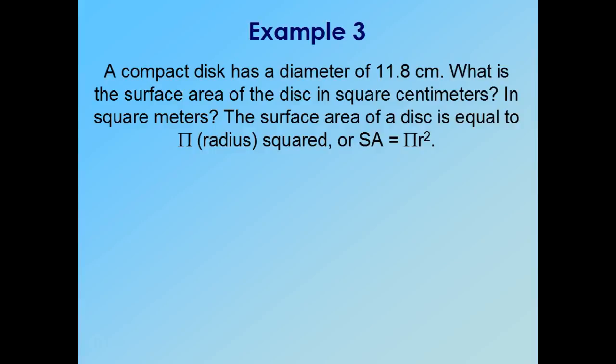And it has a diameter of 11.8 centimeters. We want to know what the surface area of the disc is in square centimeters. And then we also want to know what it is in square meters. Now, surface area is just like the area you would do of a circle, because that's what a disk is,